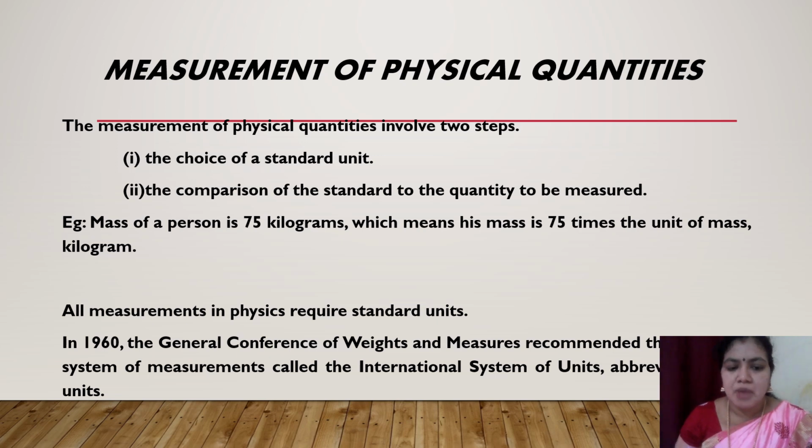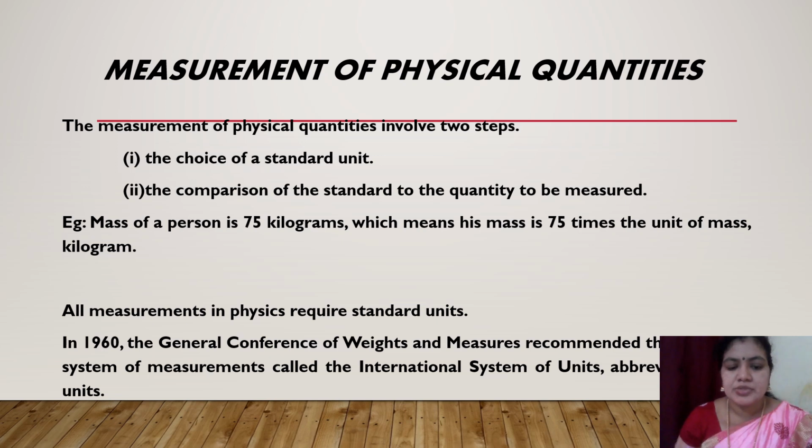So I have this mass as a physical quantity. How am I going to measure it? If I'm saying a person is weighing 75 kilograms, what I mean is he is 75 times the unit of mass, kilogram. So all measurements are made in physics with respect to standard units, and these standard units are